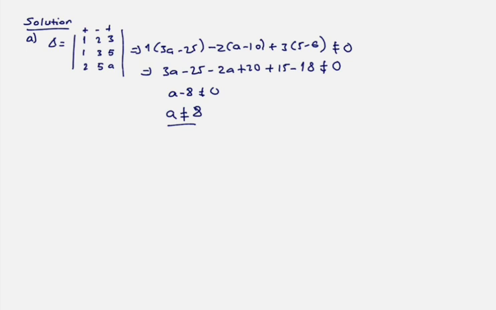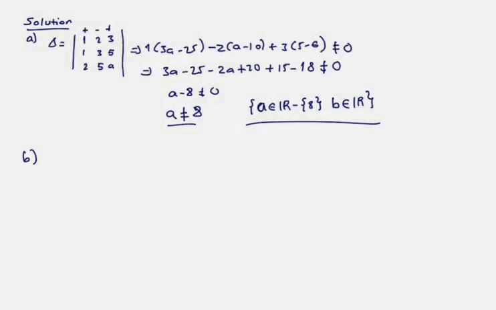ስለዚህ እዚህ ጋር አሁን b any real number ቢሆን ዴልታን አፌክት አያደርገውም ወይም the determinant of the coefficient matrixን ምንም አፌክት ስለማያደርገው b ማንኛውም real number መሆን ይችላል። a ግን it should be all real numbers different from 8. ስለዚህ መጨረሻ ሶሉሽናችን ምን ይሆናል? a an element of real number, all real numbers different from 8, and b should be an element of any real number. ስለዚህ ለa ሶሉሽናችን ይሄን ይመስላል።